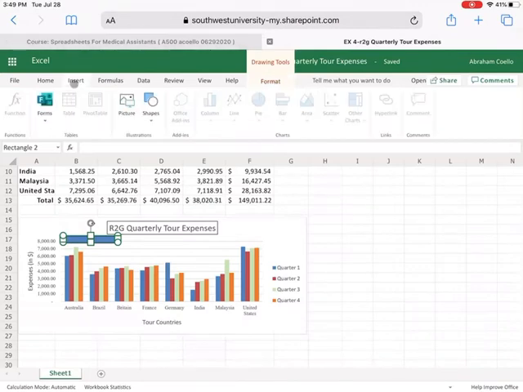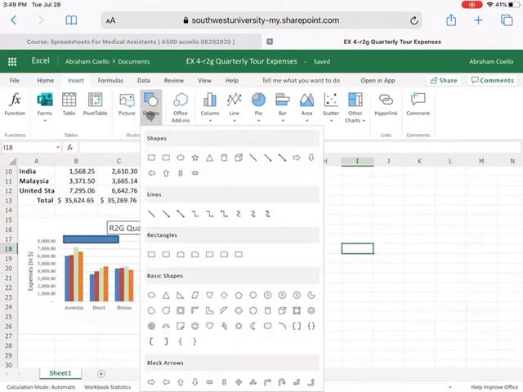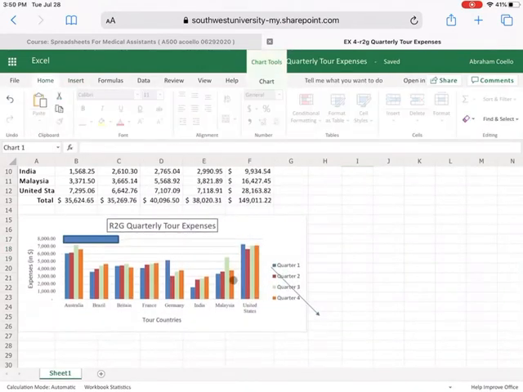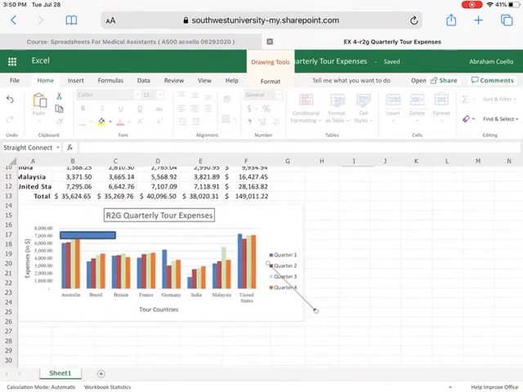So I went to the Insert tab, just got out of that. I went to the Shapes, and yeah, you should have an arrow. It just pops up. It doesn't even allow you to draw it. Cool. So let's just grab that arrow